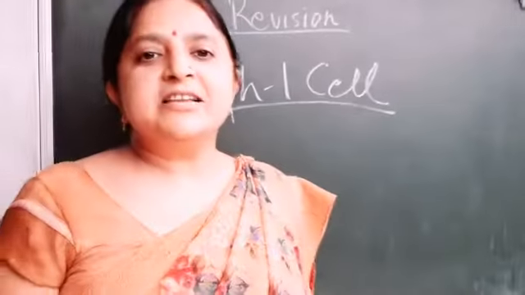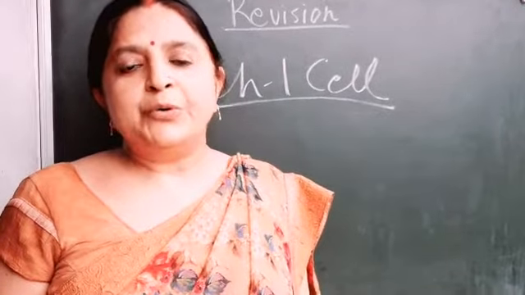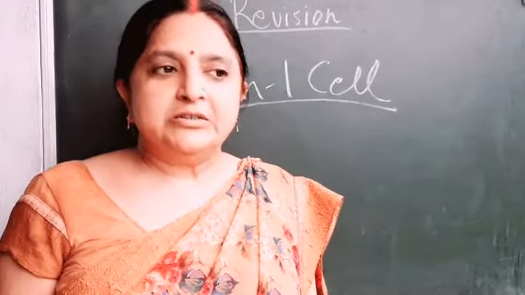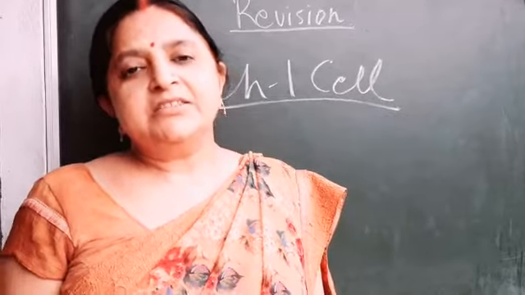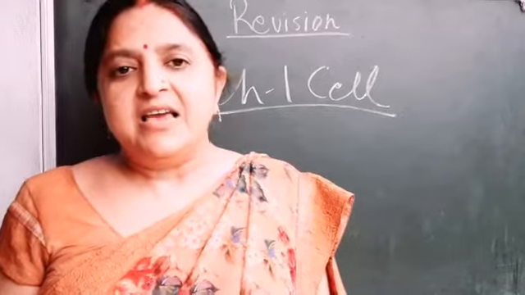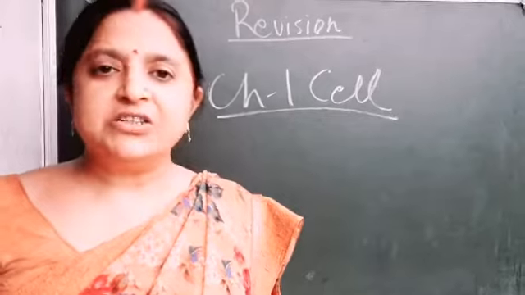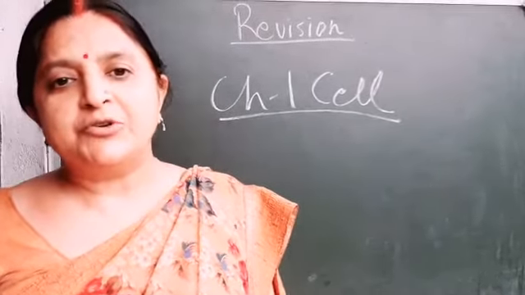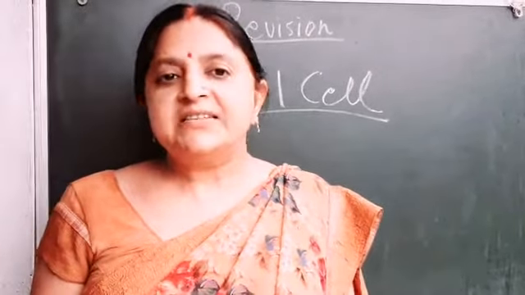We all know that the cell is the basic unit of life. The name cell was given by Robert Hooke, and the theory was proposed by the two scientists Schleiden and Schwann. The theory states that all living beings are made of cells, and that the basic unit of structure and function is the cell. And the third point of the theory is that all new cells arise from pre-existing cells.